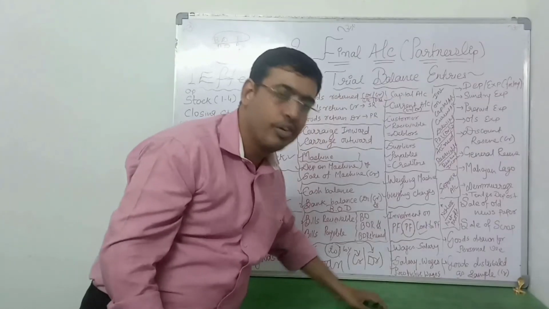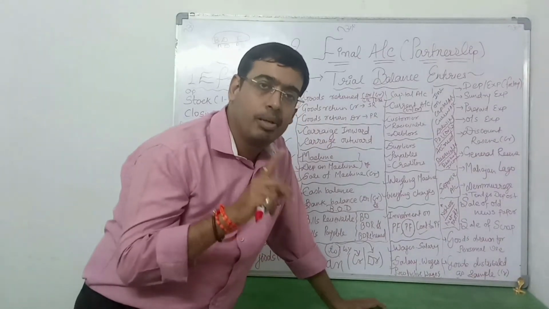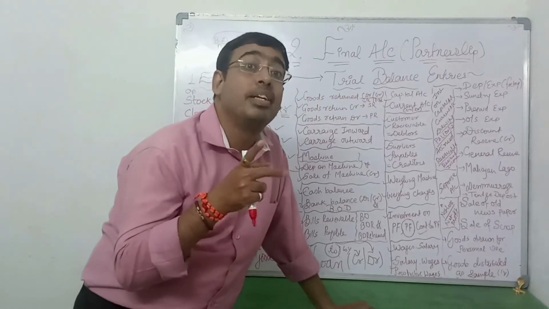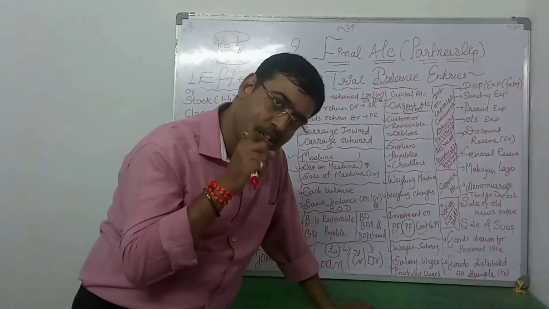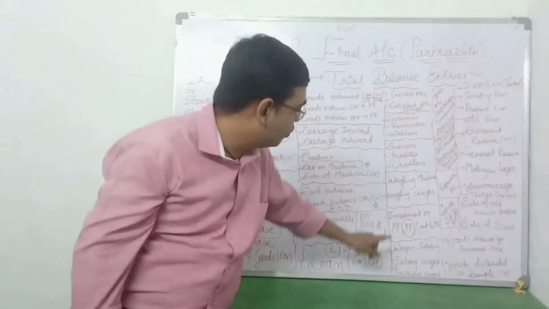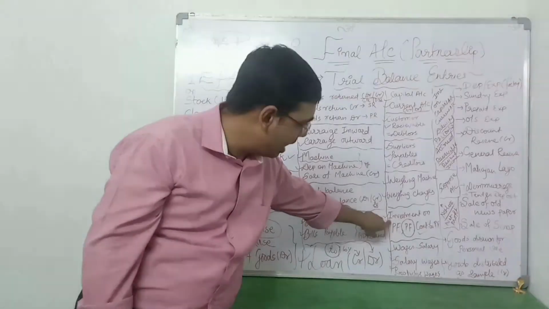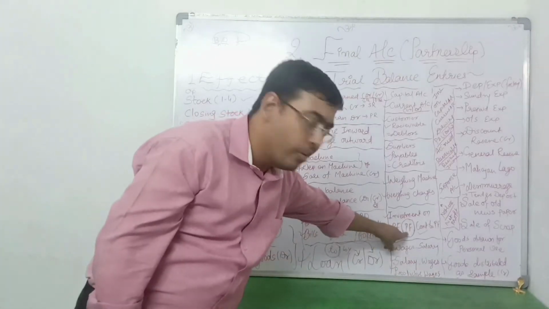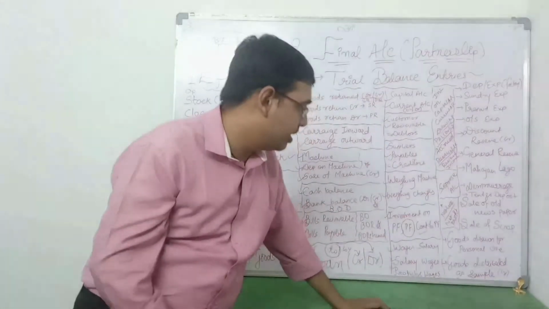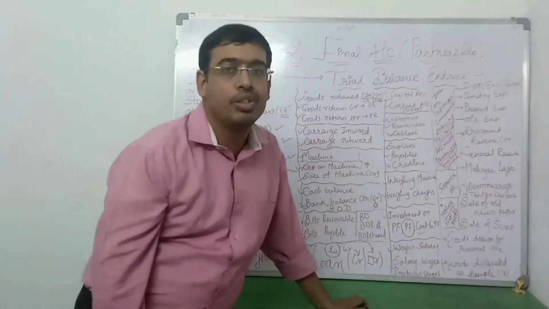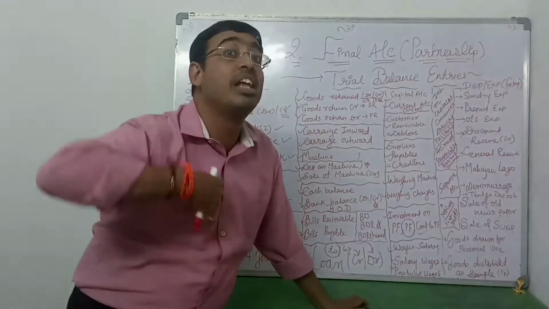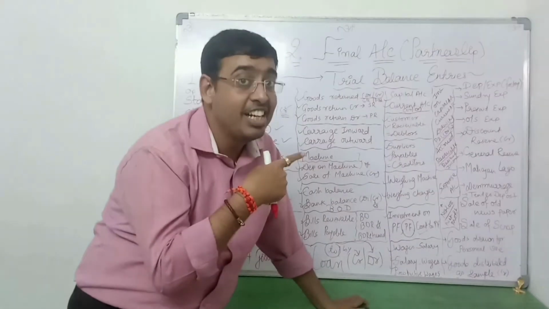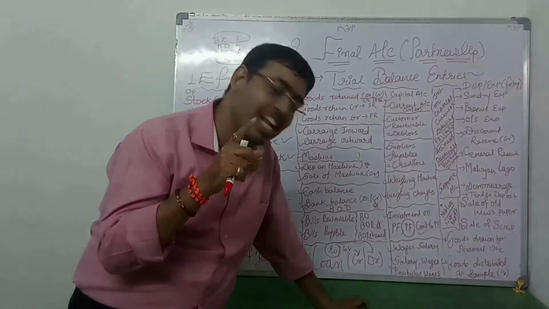So provident fund will come in the capital plus liability side of the balance sheet. If it is written investment, obviously investment is your asset, so it would be written on debit side of trial balance, so it will go in asset side. Investment on provident fund will go on asset side, and provident fund alone will go on liability side. Now the third is contribution to PF, meaning you have contributed, you have done an expense, and this is an indirect expense, so it will come in P&L debit side.